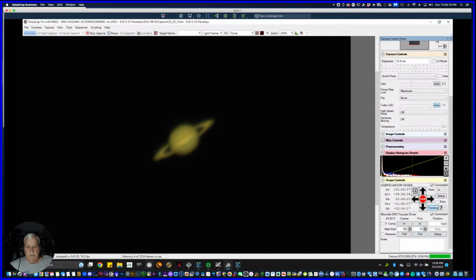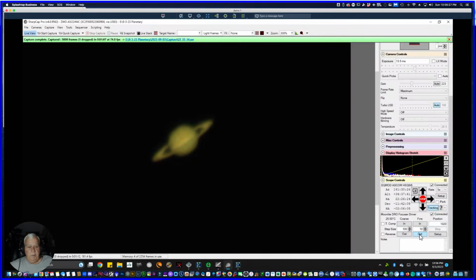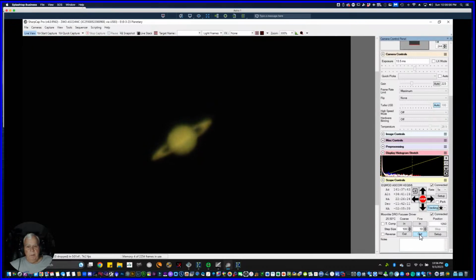as soon as this finishes these 5,000 frames, play around with the focus a little bit. Let's try moving it out a little and see if we notice an improvement in the clarity, the moon's clarity, sharpness. And I can't tell. I've never been able to tell. My eyes aren't as good as they were even last year, but I couldn't tell last year or the year before when